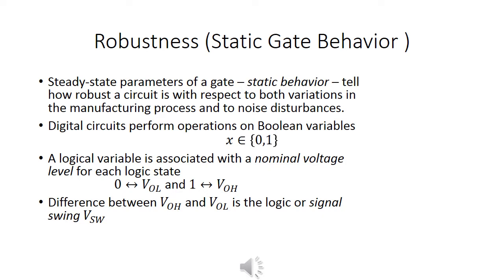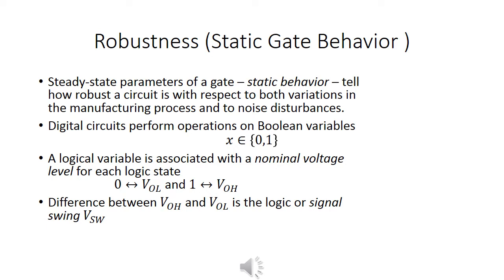However, a logical variable is a mathematical abstraction. In the physical world, such a variable is represented by an electrical quantity. This is most often a node voltage that is not discrete but can adopt a continuous range of voltage levels. This electrical voltage is turned into a discrete variable by associating a nominal voltage level with each logic state. For example, 1 is associated with high output voltage and 0 is associated with the low voltage level.